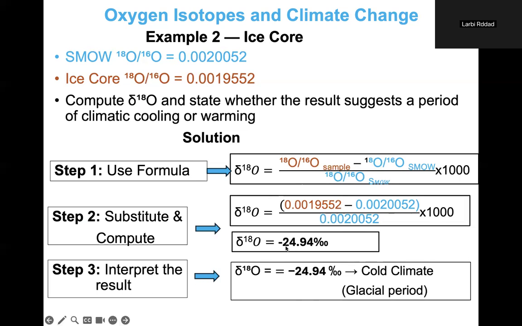So interpreting the results, now we have negative 24.94. What does it mean? It means simply we have a cold climate. Again, just to put things in context, why this shows me cold climate. Remember, in cold climate, I'm going to draw the ocean here again. O16 is able to escape, but O18 stays here. It's heavy. And because O18 is heavy, we got more O18 in the water, which means,